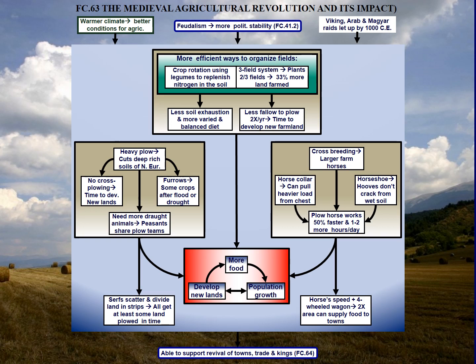The end of the Middle Ages was good for agriculture. The climate was getting warmer, better conditions for crops. Feudalism created politically stable conditions. And the raids by those peoples on the periphery, the Arabs, the Vikings and so on, had begun to let up. In Europe, they start to use crop rotation,